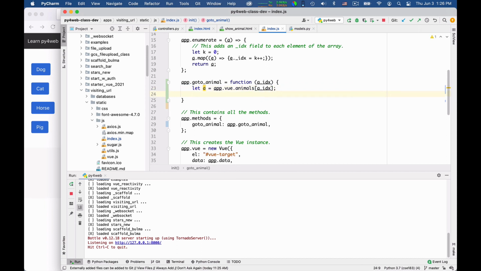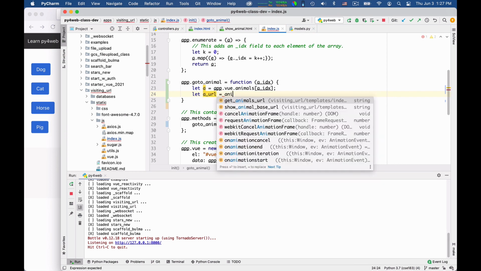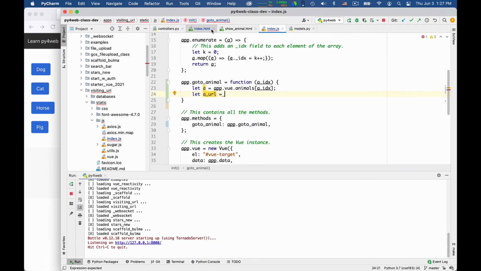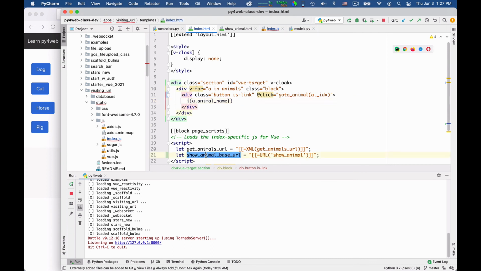And then at this point we have the base URL, we have the animal and so its ID, and we can complete the URL. Let animalURL is equal to the animal base URL. How did I call it? I called it showAnimalBaseURL.